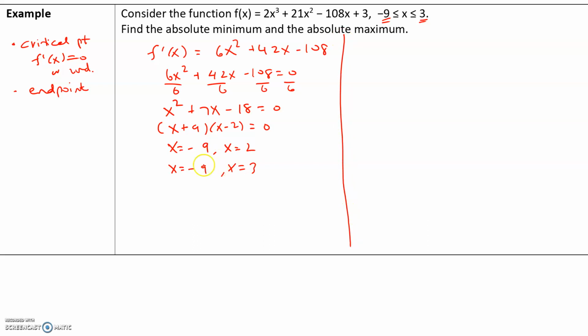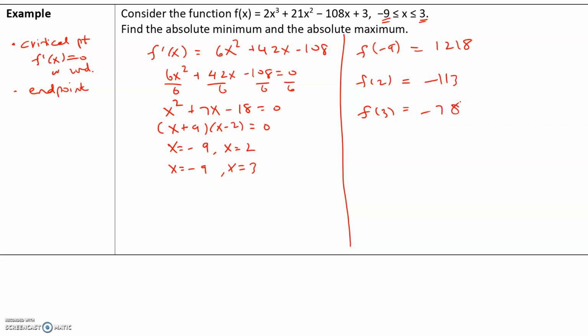So I want to find the corresponding y values. So I'm going to go back to the original function, and I'm going to plug in f of -9, f of 2, and f of 3. If I plug in -9, I get a really big number, 1,218. If I plug in f of 2, I get a small number, -113. If I plug in f of 3, I get